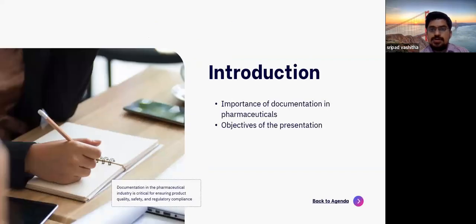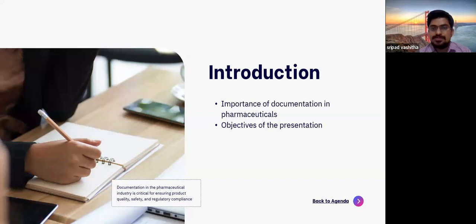So why do you think there is a need for documentation? Let's set the introduction and the objective right before we get started. In pharma, it is very clear that if it is not written, it is not done. This is a basic saying which you would hear in quality. So if we are doing something, then it has to be documented. If there is a change, it has to be documented. If you have written it wrongly, then you also need to correct it in a